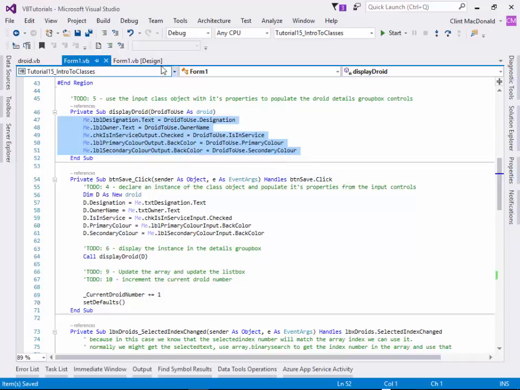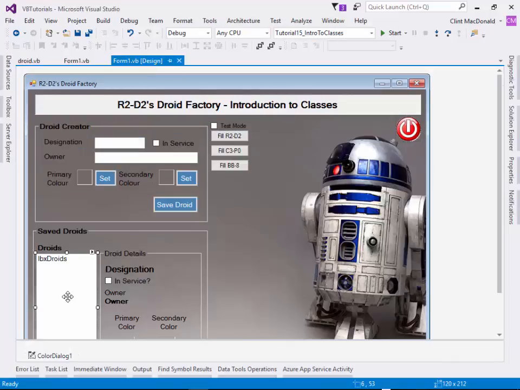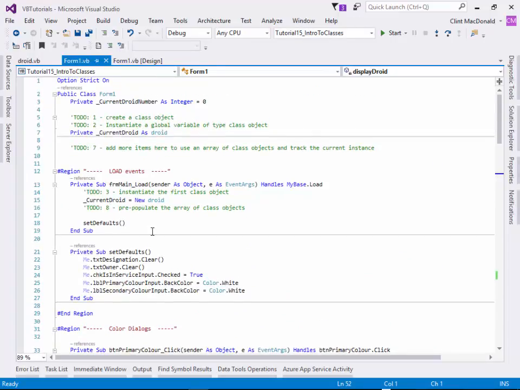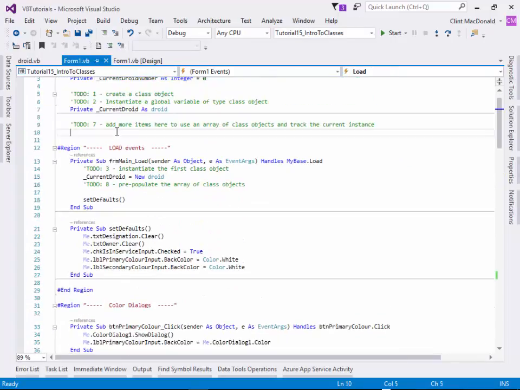Now we're going to take this to the next level. We're going to use this list box here and store each droid as we save it, and then we should be able to click on this list box and repopulate the details area here, basically recalling or retrieving the information from the particular instance of the class object that we've stored. So we're going to start off by going to the start of the program and defining what we need to do. What we actually need to do is define